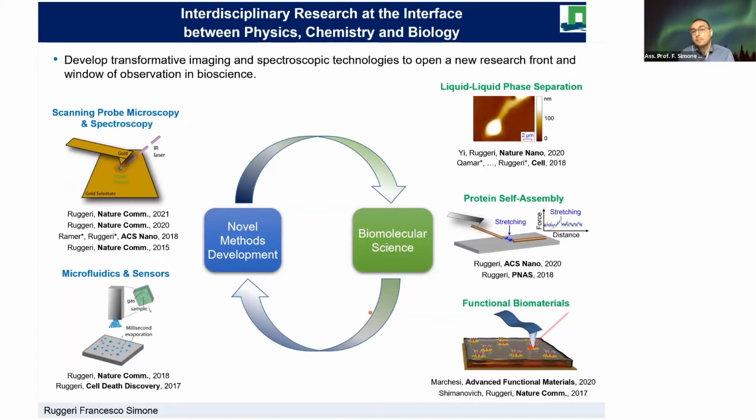And so what we do in our laboratory is try to use methods based on scanning probe microscopy and spectroscopy in combination with microfluidics and sensors in order to unravel this process of protein self-assembly. But, taking inspiration from this process, we also try to tailor the future class of biomaterials which could substitute plastic and so help us to overcome a fossil fuel-based society. Today, I will focus mostly on how we try to develop this technology and how we try to bring nanoscale